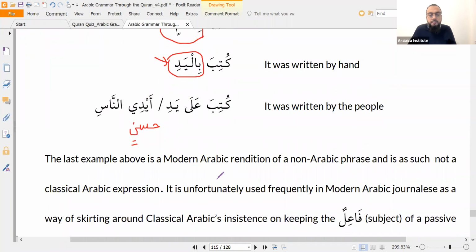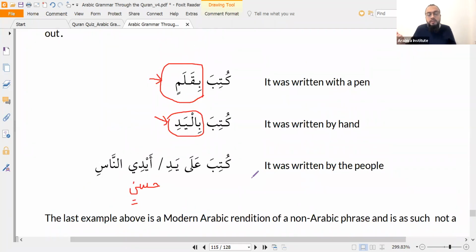Ustad, you know when we said indama yutlabu minkum, is that a modern one? No, yutlabu means when it is demanded from you. But you're saying minkum, so you're not hiding it's demanded from you. You're not demanding, someone else is demanding from you. So if somebody demands the silence from you, then silence is demanded from you, right? Are you demanding the silence, or are you hiding the person who's demanding it? We're hiding the person who's demanding it, yeah? You are the person from whom he's making the demand, yeah? Or of whom he's making the demand.